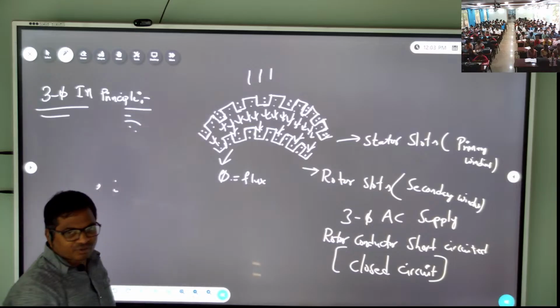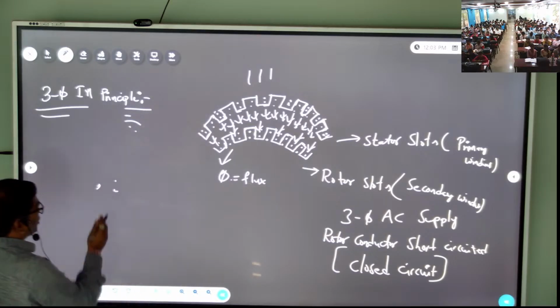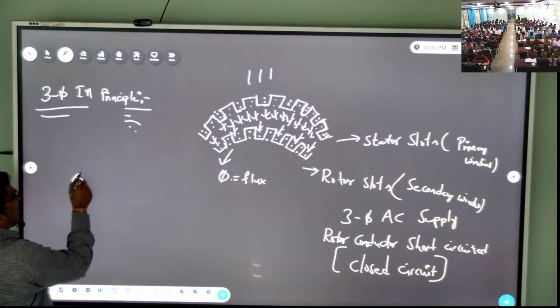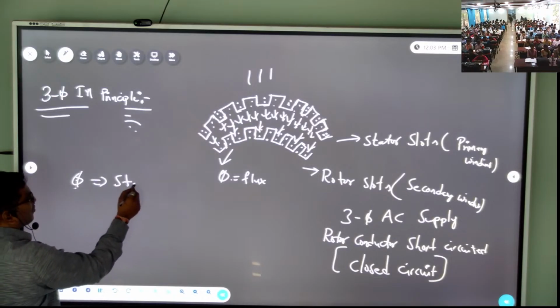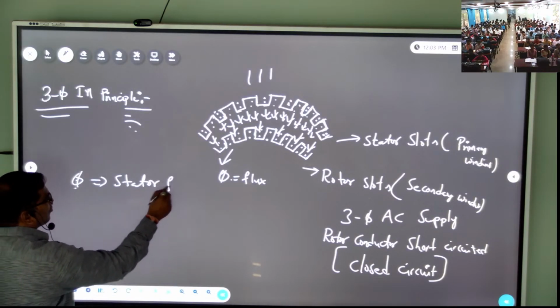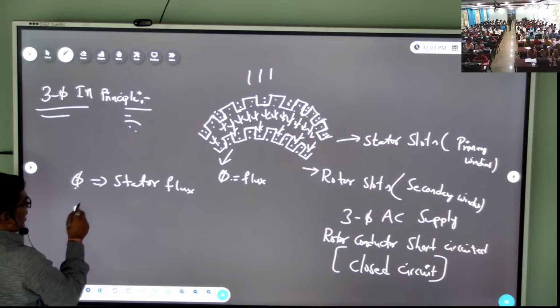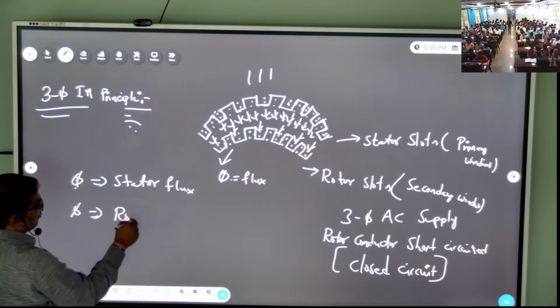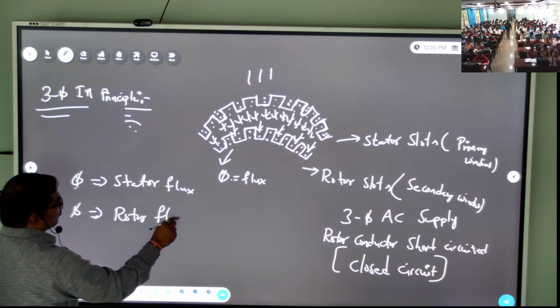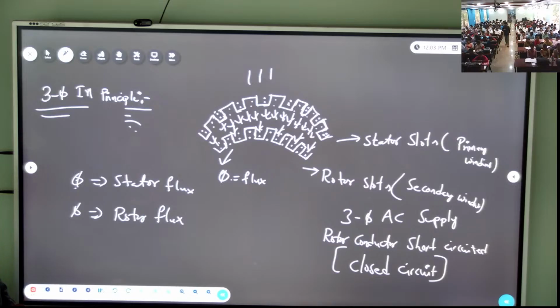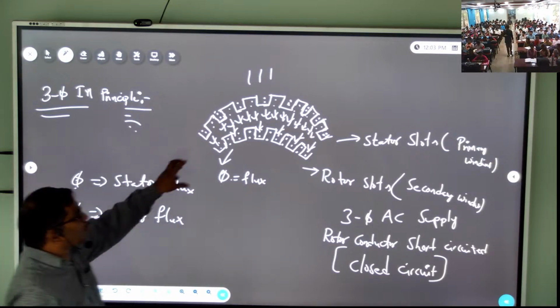So there is an establishment of both fluxes: one is called the stator flux, the other is called the rotor flux. Because of both fluxes,